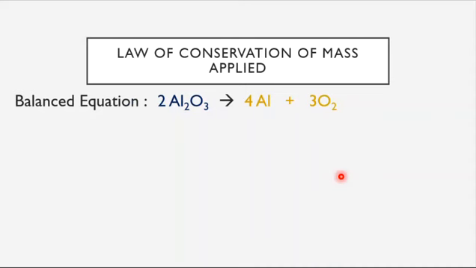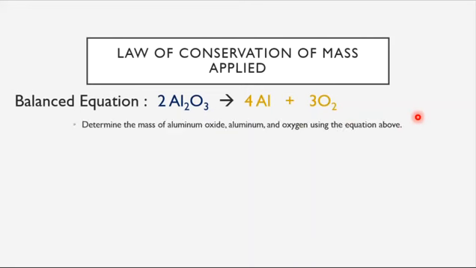Here is another example of the law of conservation of mass applied. So here we have a balanced equation. It's a decomposition reaction. Hopefully you see that from the fact that there's one reactant broken down into two separate products. You can tell that it is a balanced equation because we have coefficients in the right spots. Okay, so the question here is that we're to determine the mass of aluminum oxide, aluminum, and oxygen using the